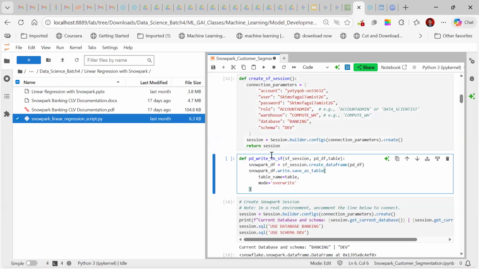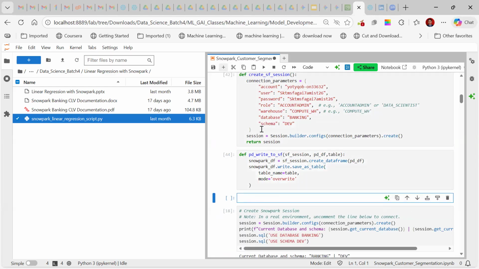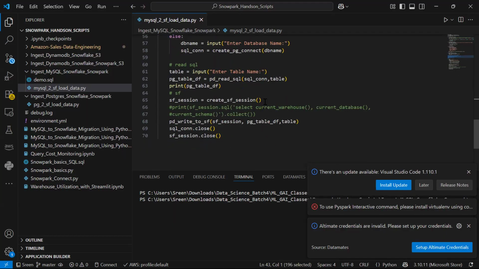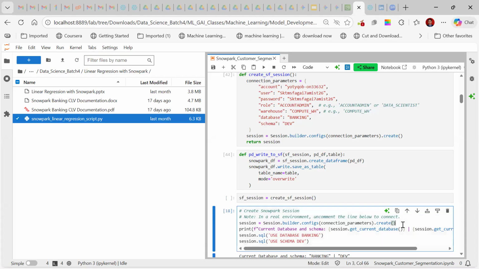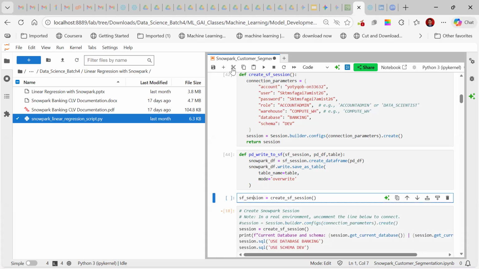So this will create a table, no? Let us use this method. Then we need to create a session. Let us try to create a session here. So session equal to, needed.